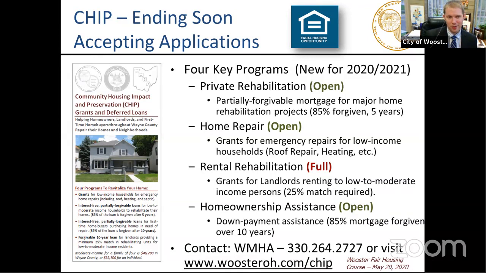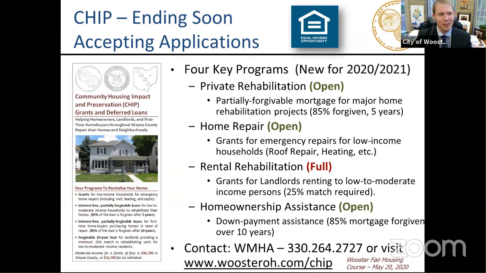You can see on here our larger program for entire home rehabilitation, which provides an 85% forgivable mortgage, is currently still open for applications, as well as our home repair program, which makes emergency repairs for individuals who, again, might have a smaller issue. And we also have a homeownership assistance program. If you are looking to purchase a new home, but that home needs some repair and your family is lower to moderate income and maybe having some issues coming up with the down payment, the CHIP does provide a home ownership assistance component, and